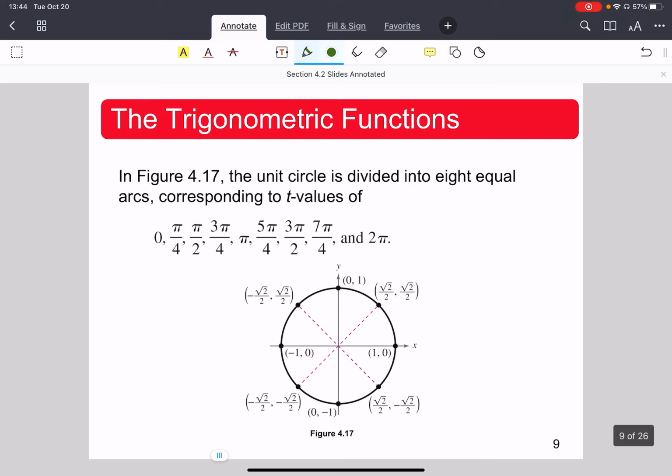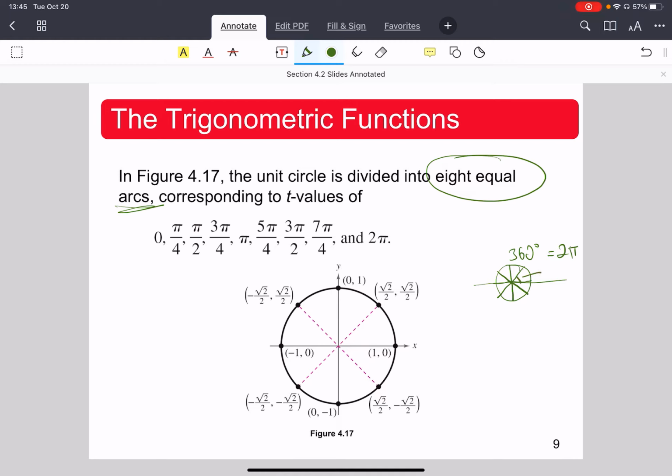All right, next thing we're interested in is some actual values. So what we like to do is divide this unit circle into 8 equal arcs. So we divided it into 8 equal arcs. What that means is that from an angle perspective, because we divided it into 8 equal parts and we know that one full angle has 360 degrees or 2 pi, then each of these parts will be